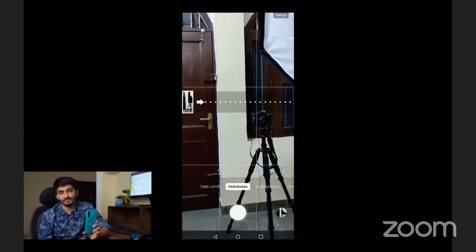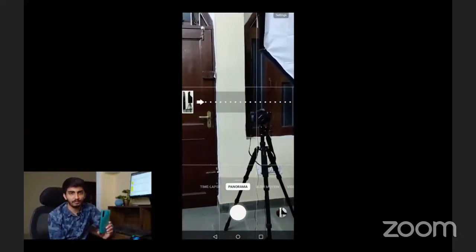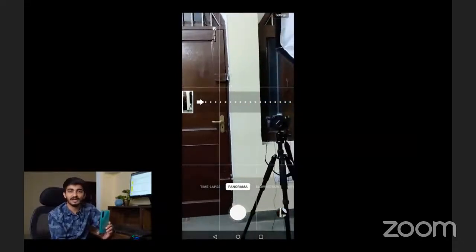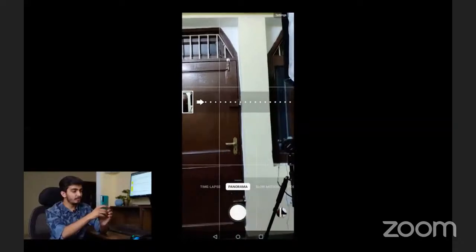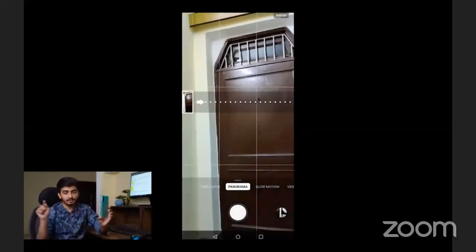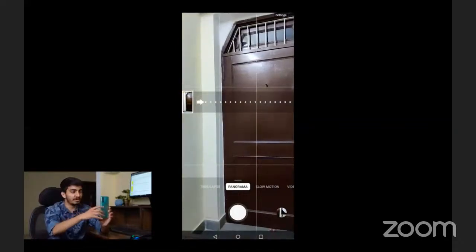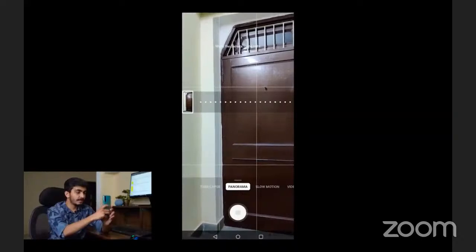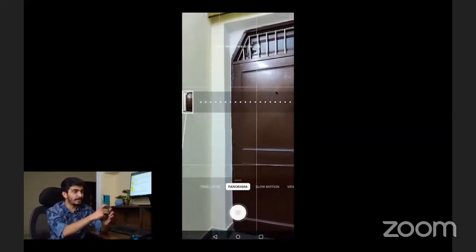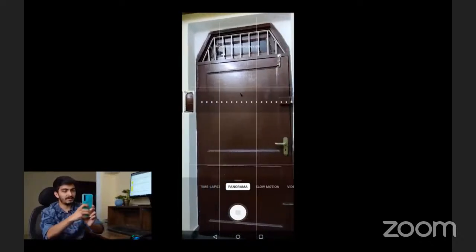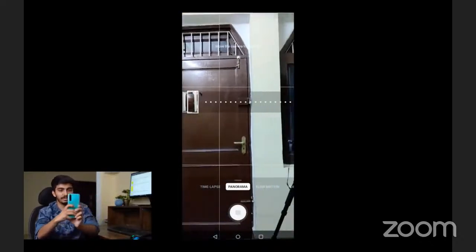You might have to discover it a little separately. So what basically I see when I go into the panorama mode is that it shows a right arrow and it shows the whole screen page, just a part of what I have in front of me. I click the button in the center here, and then I take my phone to the right. It says move the camera to the right. Okay, I move my camera to the right very slowly, very stably, and then